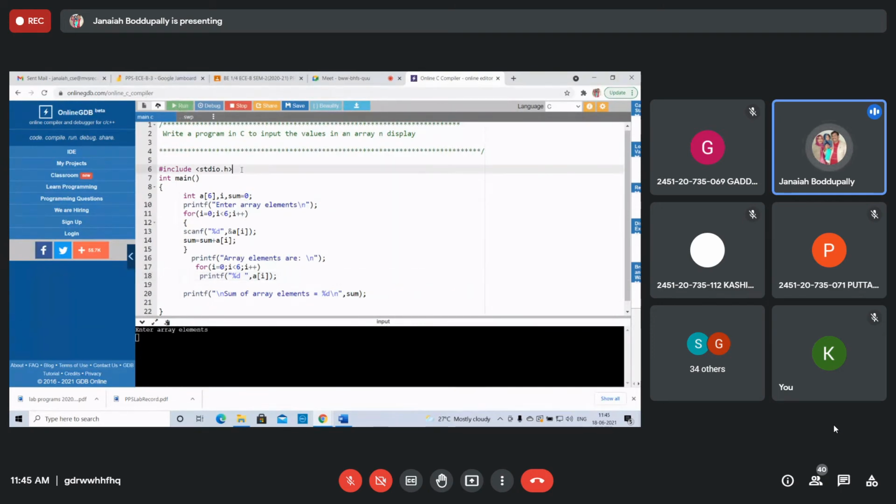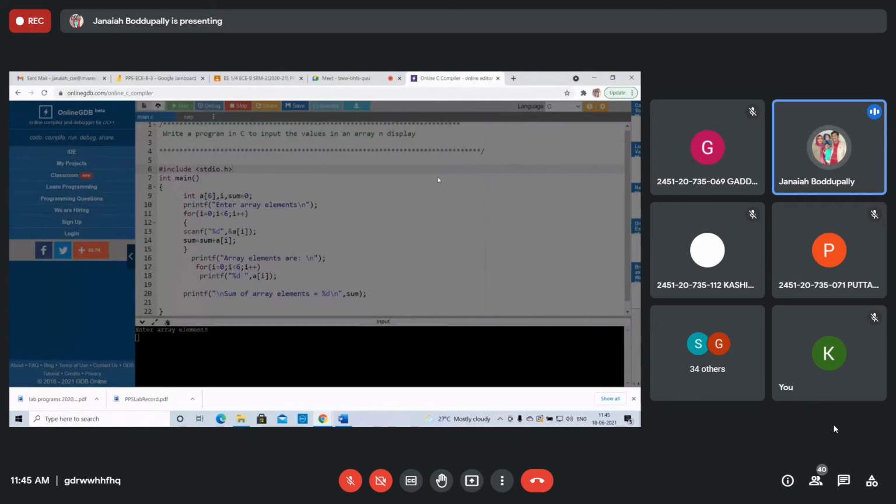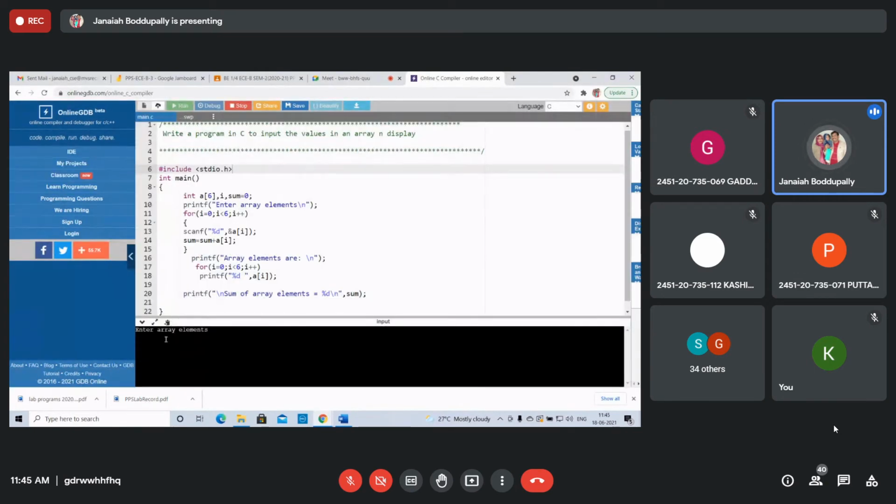If you write symbolic constant here. Enter array elements. Taken 7 elements. Take 4. If you take 39. Takes only 6 elements. See, I entered 7 elements, but maximum size is 6 only. That's why array elements are only 6. 9, 8, 7, 6, 5, 4 only. I entered one more element also, 3 also, but size is 6 only. It can't take. Then sum of elements 39 only.